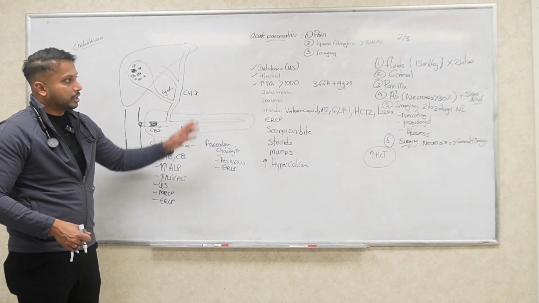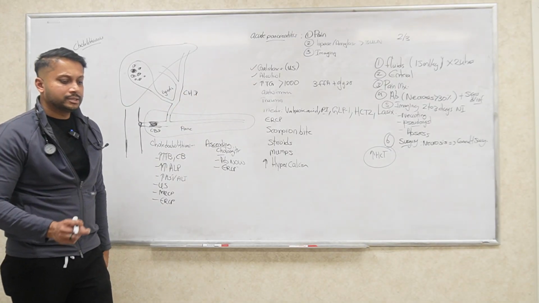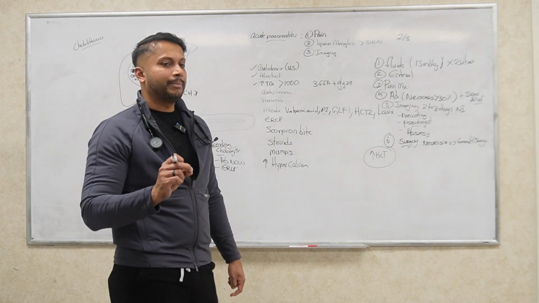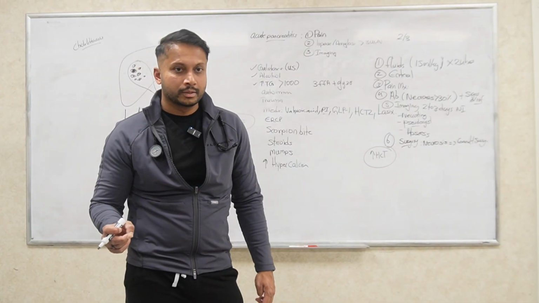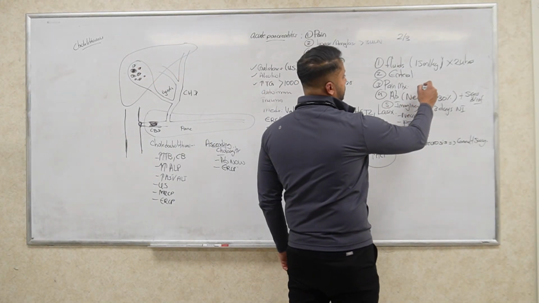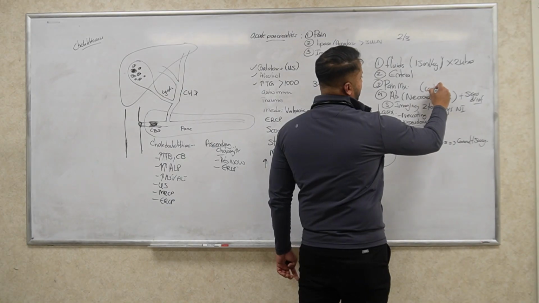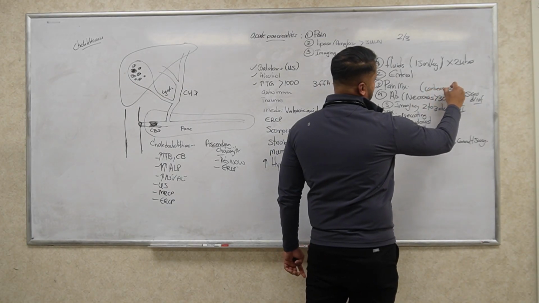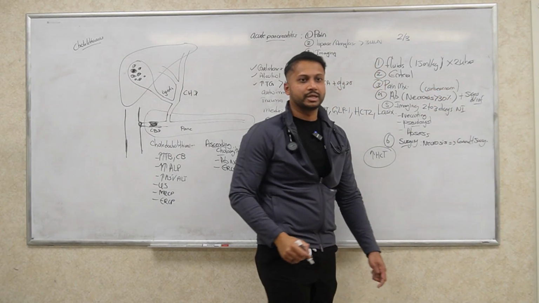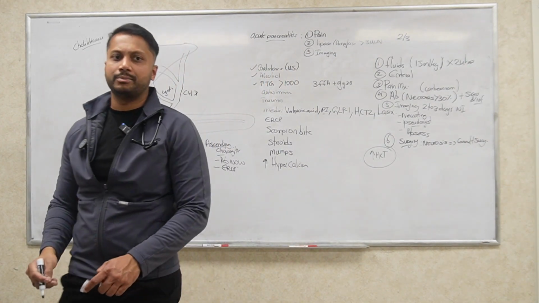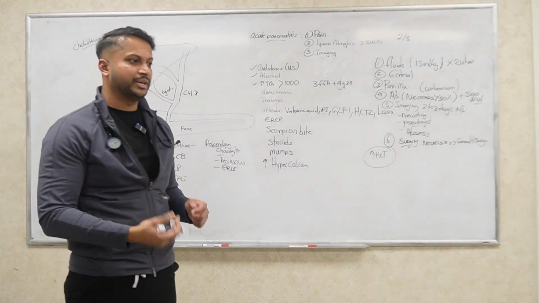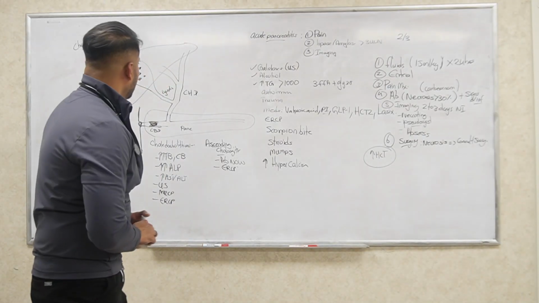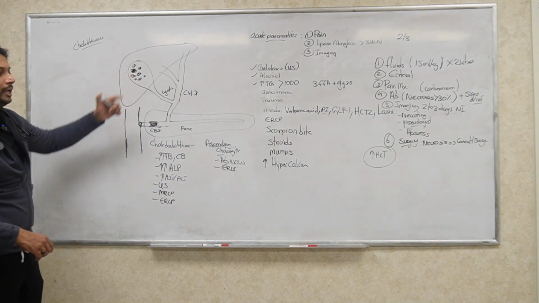Alright, now when it comes to acute pancreatitis, I said antibiotics. What is the best antibiotic to use for pancreatic penetration? It is carbapenems. Okay, pharmacy is not going to like this, but carbapenems. Imipenem, meropenem, they are the ones who actually have better penetration for pancreas. Okay? Okay, so if you have a stone in the gallbladder,